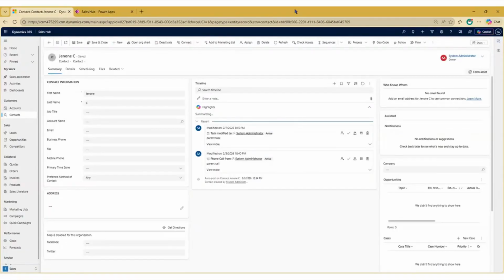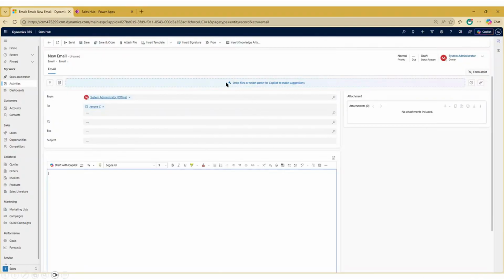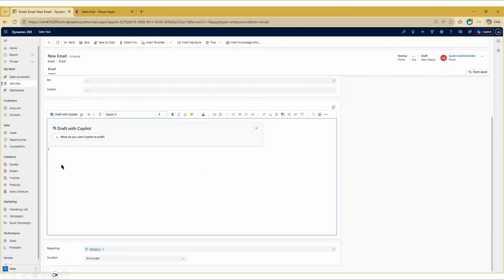Now I am in my D365 contact record. From here, I will open email activity or I will create a new email activity. When the email activity form opens, here in the email body, we have this option draft with Copilot. If I click on this,